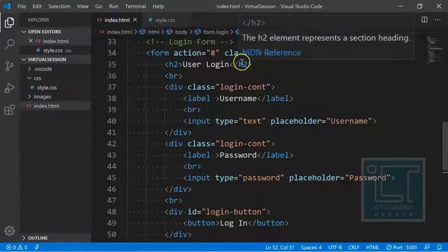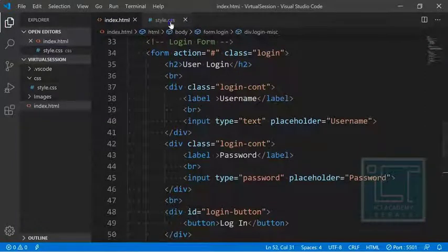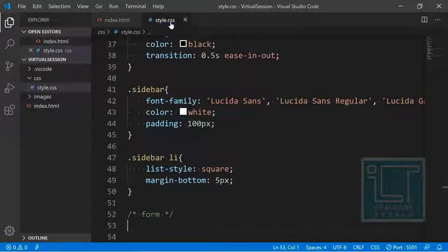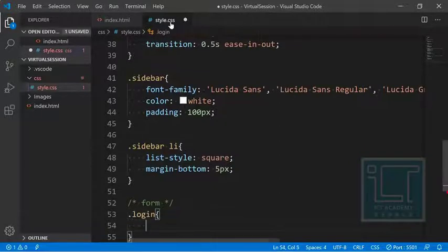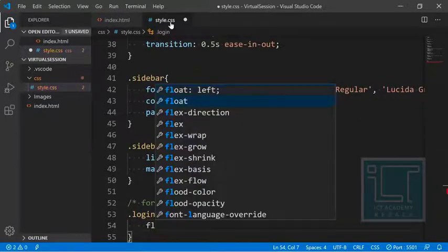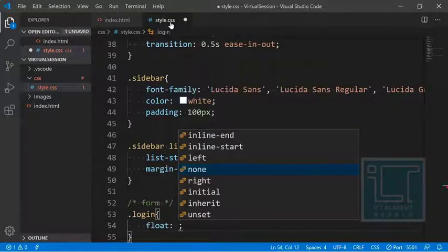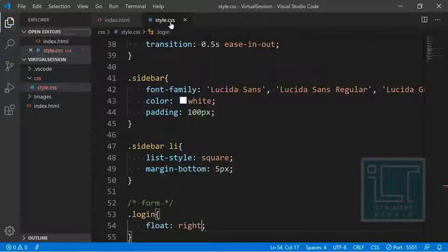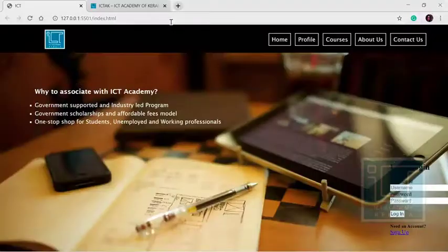When you're calling a class, we use a dot and login content, and we are going to give it a float. The first property is float, and I'm going to float it to the right. Okay, let's see whether it has moved to the right. Yes, it has been successfully moved to the right side of the website.